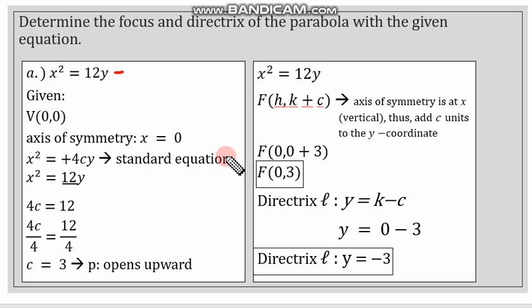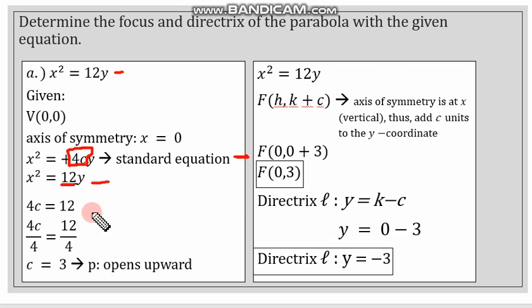So the standard equation that we will use, since our parabola is a parabola that is opening upward, we will use this standard equation: x squared is equal to a positive 4cy. Since the given is x squared is equal to 12y, the coefficient of y, which is 12, is the value of 4c,